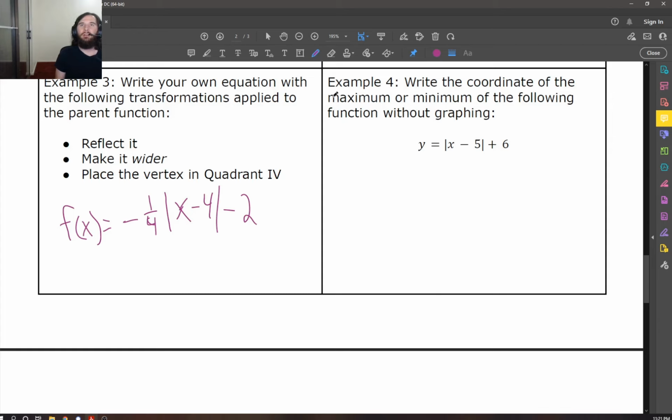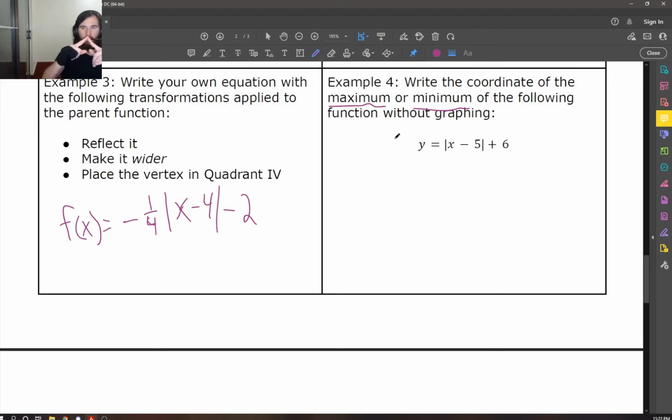This says, write the coordinate of the maximum or minimum of the following function without graphing. Okay, so we learned about minimums and maximums last unit, and you know that it is either the highest point or the lowest point of a function on a given interval. They did not specify an interval here, so that means the interval we're using is the entire domain, all real numbers. So the minimum or the maximum, the highest and lowest points, are going to be wherever the vertex is,